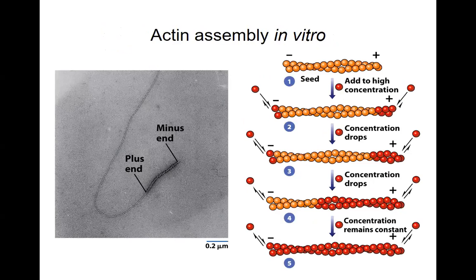So when we look at this picture, this is a very nice picture. This is completely in vitro, so whether this actually occurs in vivo or not, we don't know. If you take a cell-free system, at this point I would like you to understand what we mean by a cell-free system. This is where the membrane has been discarded,